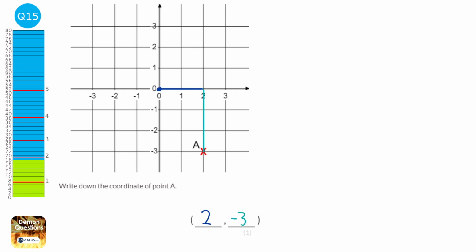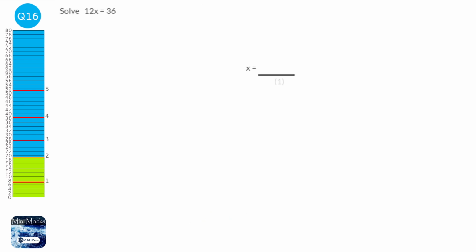So we first of all look at the x coordinate, the 2, then the y coordinate, -3, along the corridor, up, or in this case, down the stairs. We're going to start just by copying out